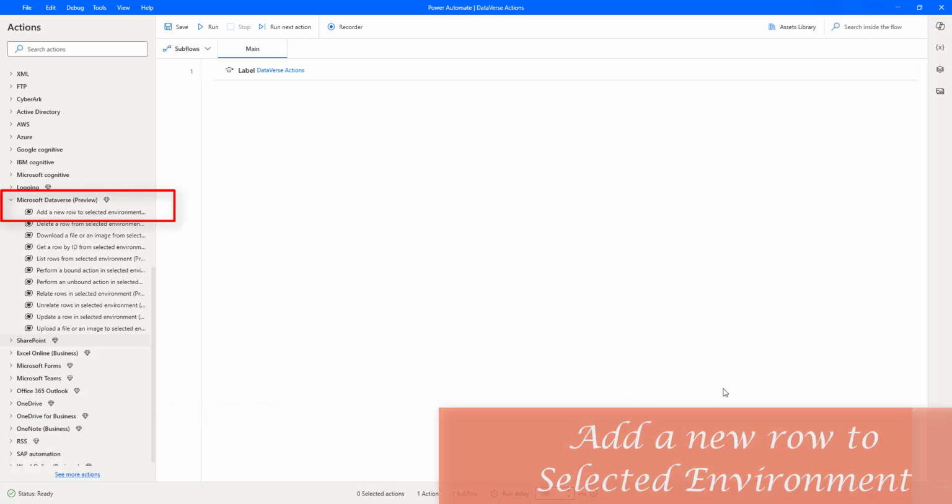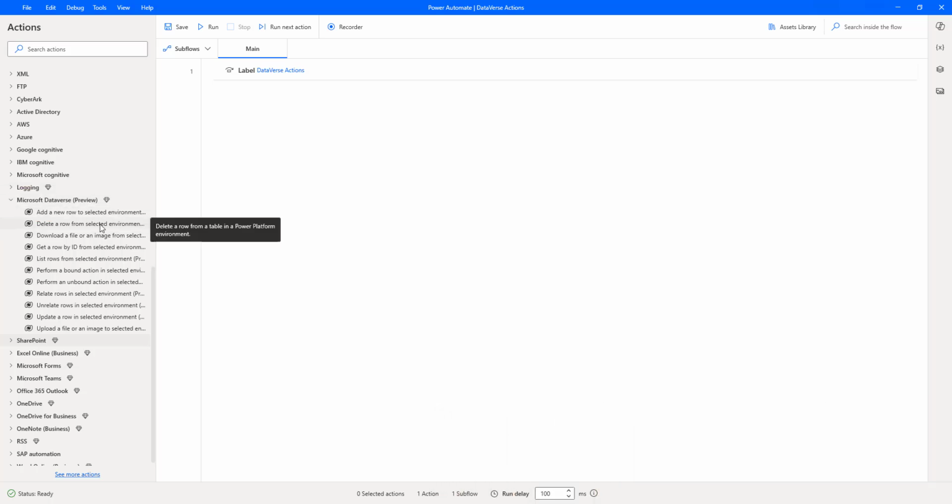Hello Techies. In this session, we will learn how to work with add a new row to the selected environment, which is a part of the Microsoft Dataverse actions. Alright, before learning about this action, let me show you the product table in Dataverse which we are currently working